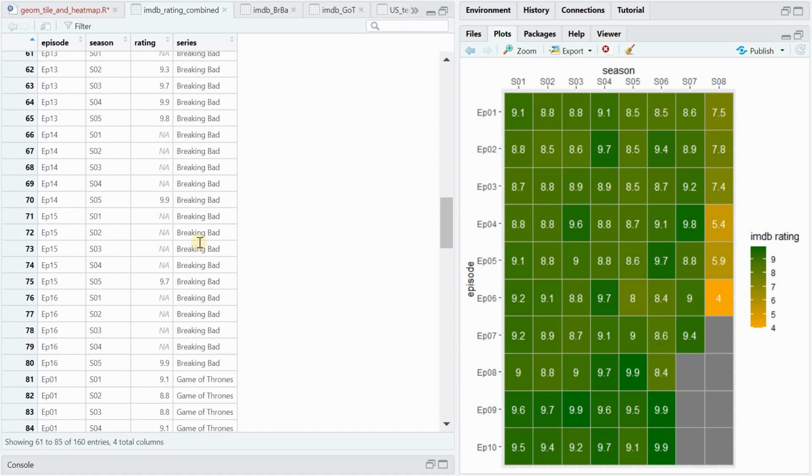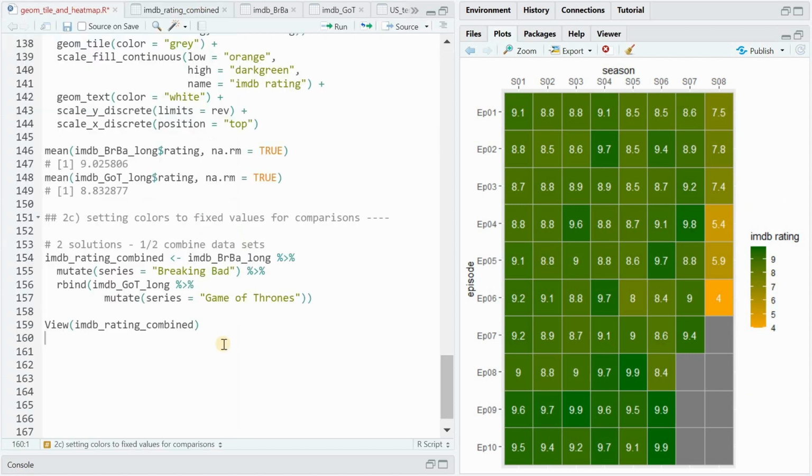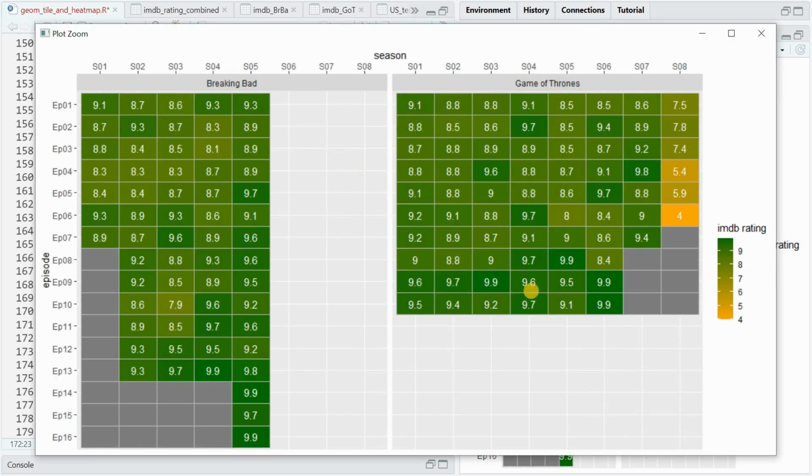And now if you plot them together, you should have the same IMDb rating scale and a better way to compare them. So the only thing we have to add now is a facet wrap based on series, which again holds the name, and then it will create 2 charts with the same legend. If we zoom in, it would look like this. So now much better to compare the high performing episodes with the slightly worse ones, and you can see that both series are very strong.